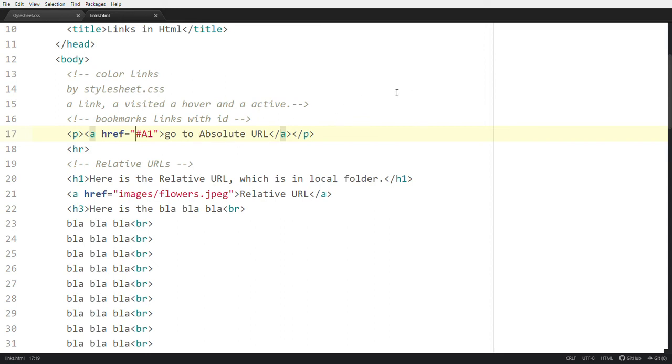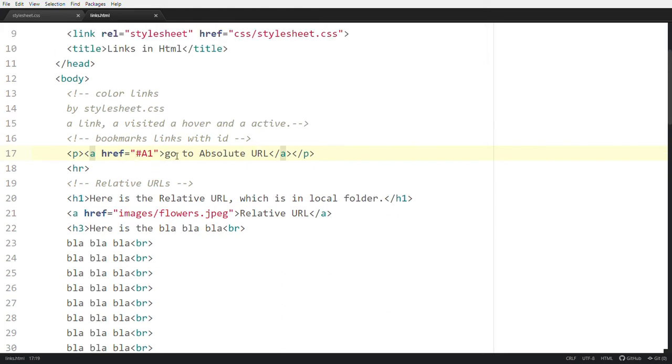Normally on the web there is an arrow symbol. When you point at this URL, the arrow symbol converts to a hand symbol. These bookmarks are very useful in books. Like when there are multiple chapters, when you click on some chapter, you go to that chapter. This is the best way to use them in books.